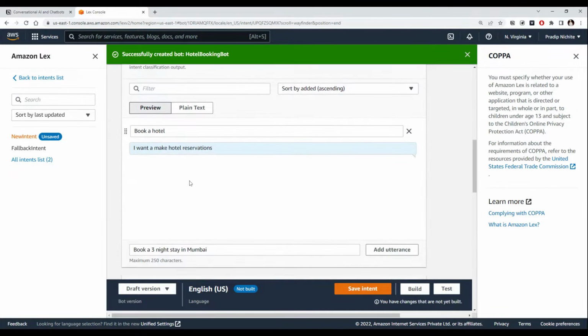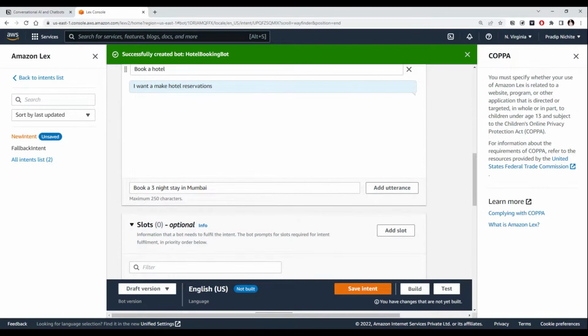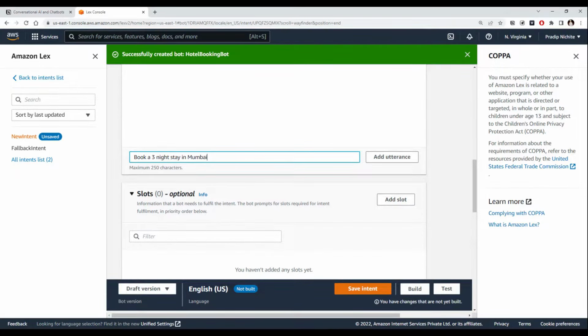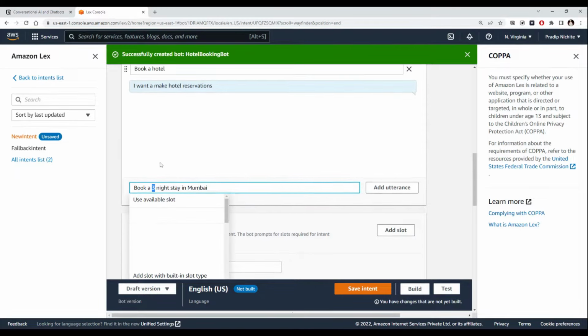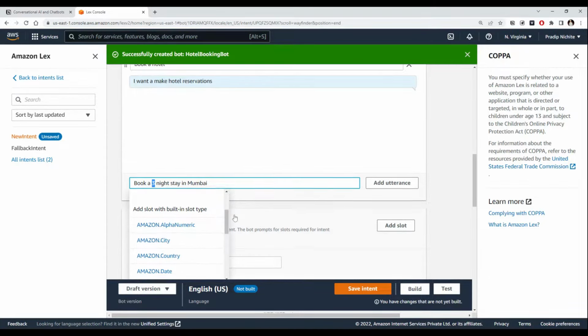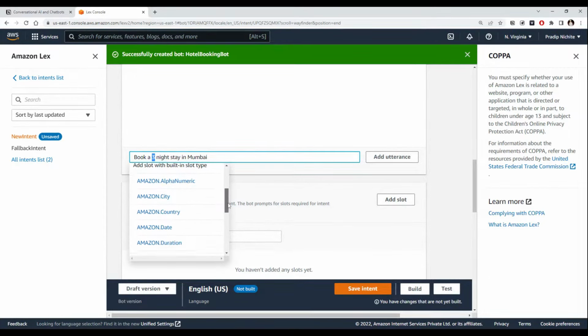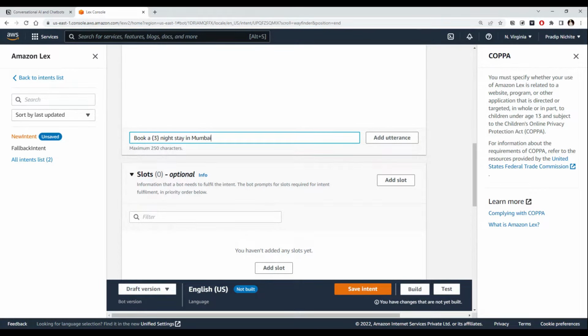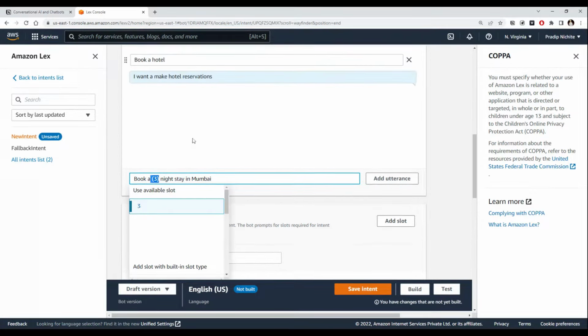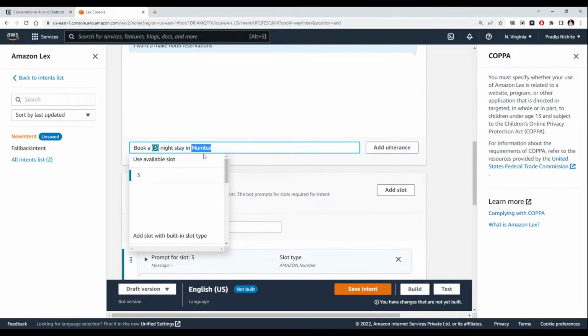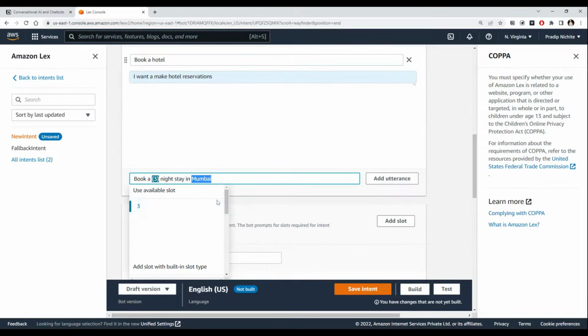here you could also indicate the critical information present in those utterances, nothing but those slots. So you can select the value you want to focus on, which you want to store, and indicate that this is some particular type of thing. You might say that this particular value will always be a number. So it's like a pattern for it, that this value will be a number, and this value here, if you double click it, it will show you whether you want to tag this particular value as some type